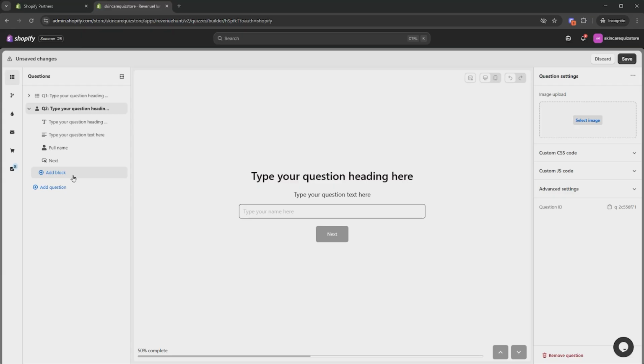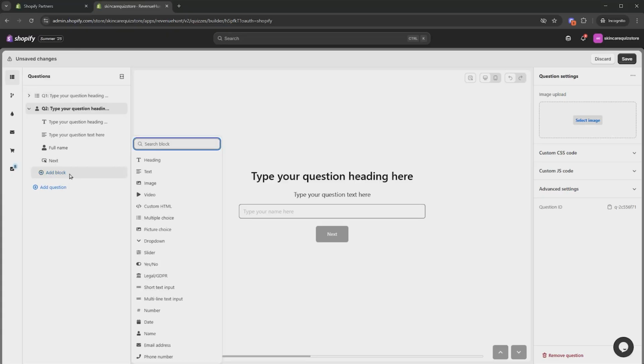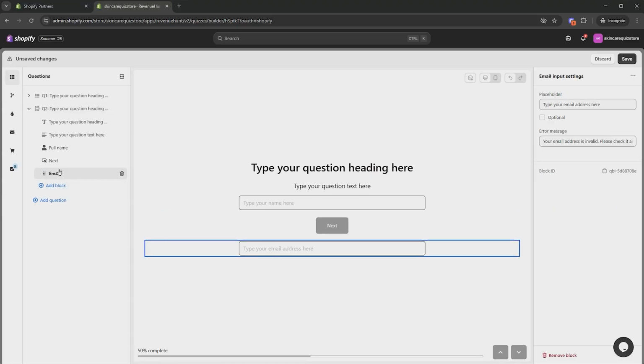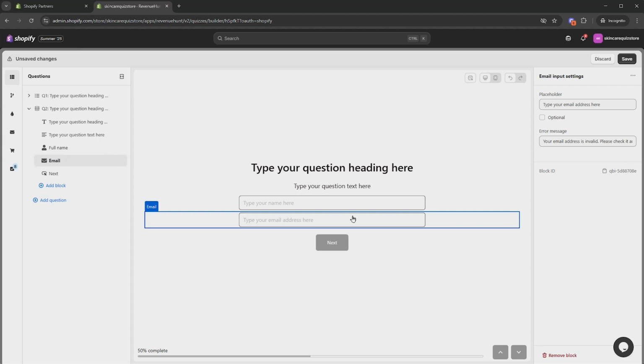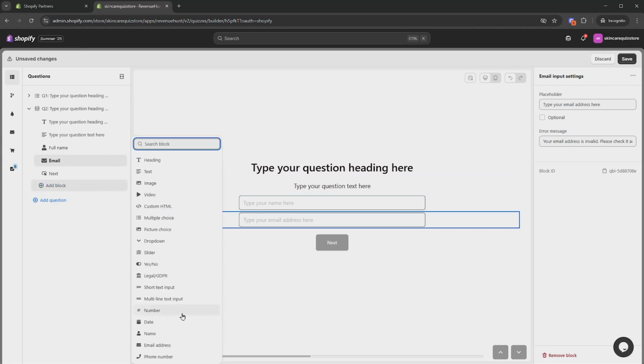Here's how. Open your quiz in the quiz builder, select the question where you want to collect this information, and click Add Block. A drop-down will appear showing all available block types. From here, you can, for example, add an email address block, add a phone number block, and then drag them to arrange their order. For instance, placing the email field right below the name and the phone number field below